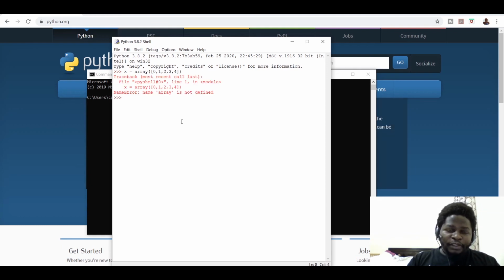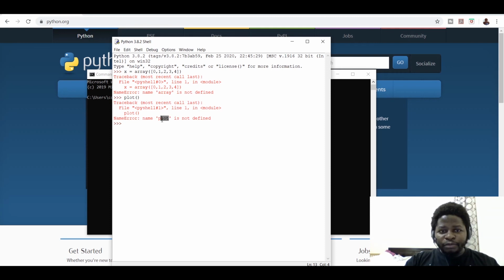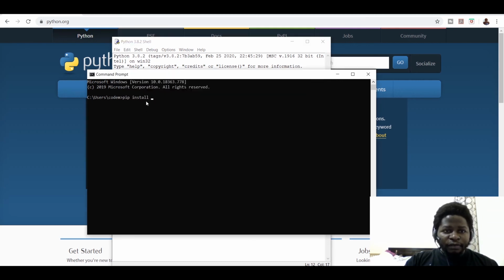and then if we run it, it will create an error, or it will complain. Okay, because it doesn't know what an array is. An array, we'll talk about that later, but this is a module that is within NumPy, so that is why it is complaining. If you say plot maybe something, it will complain about plot because the plot function is not listed within these packages. Okay, so what you're going to do is to first of all install all those packages, and we'll begin with